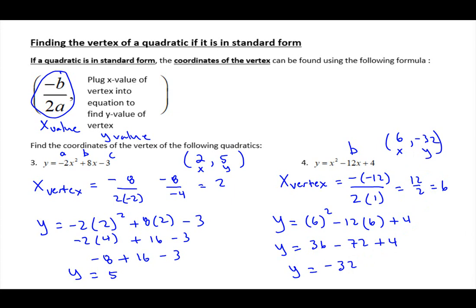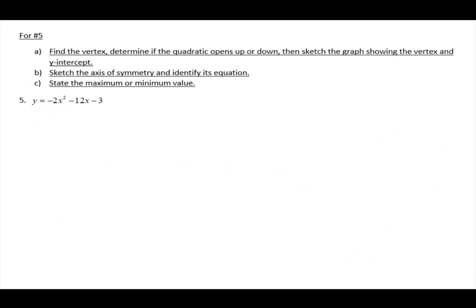Okay? All right, so in example 5 here, we've got to do a few things. All right, so let's take it one step at a time. So the first thing, we need to find the vertex, right? We need to find the vertex. So I'm going to find the vertex like I just did previously. So to find the x value of the vertex, right? So here's my a, my b, and my c. So to find the x value of the vertex,